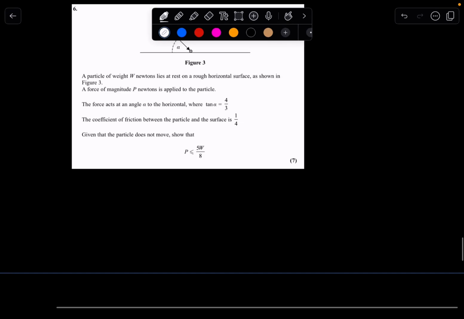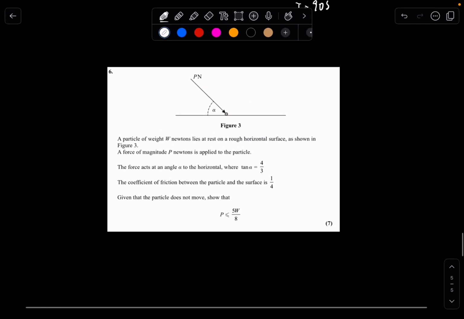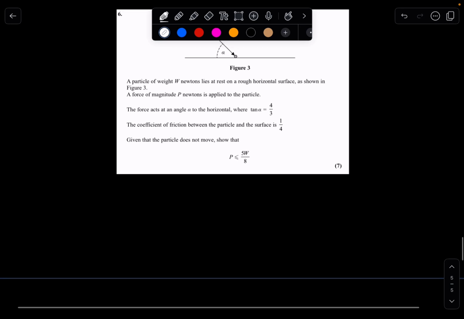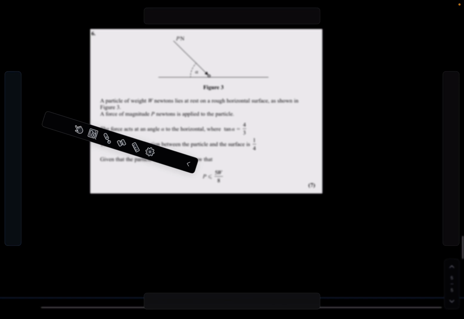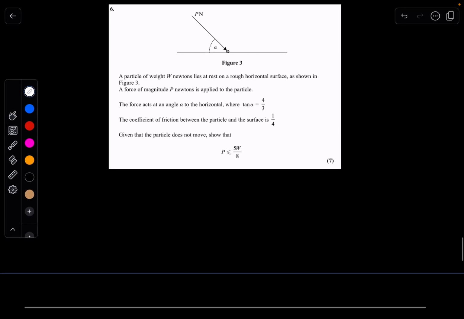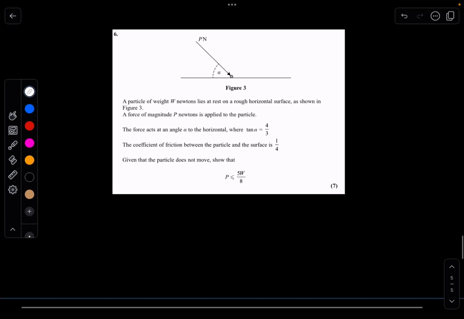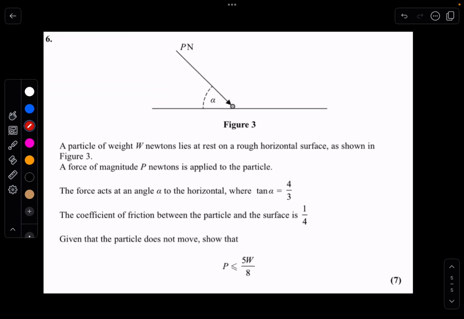All right, moving on to question 6. 7 marks looks scary, but to be honest, it's not that big of a deal. Let me move this over here. For these kind of questions, I'd like to write out all the forces. So first, let's split this into the horizontal and the vertical